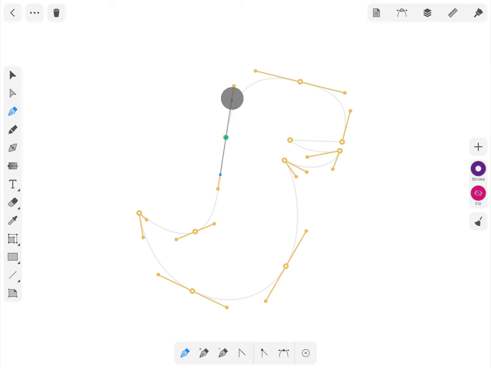Make sure the length of the handles corresponds to the auxiliary lines. Otherwise, the path you create won't match the one in the original drawing. Tap on the other point and drag to pull out the direction lines again. Move to a next point and repeat the process. As you can see, the tool created a smooth point again, while we need to have a corner here.